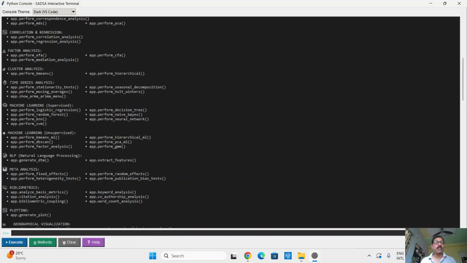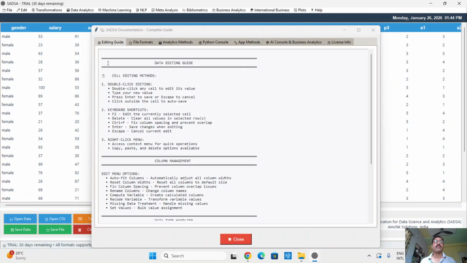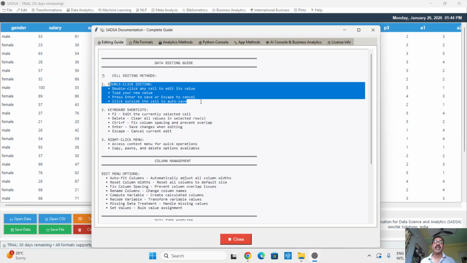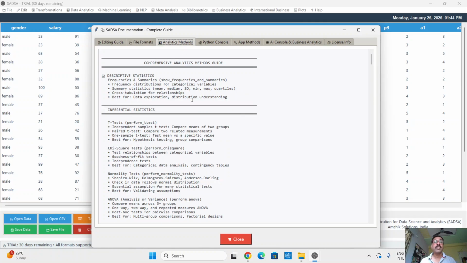The same documentation is also available from the GUI. So where do you find it? If you go back to the app window, you have something called documentation. See here, you have the editing guide, how you edit the data once it is imported to the application, something like that. And file formats, what file formats are supported. Then analytics methods, like what